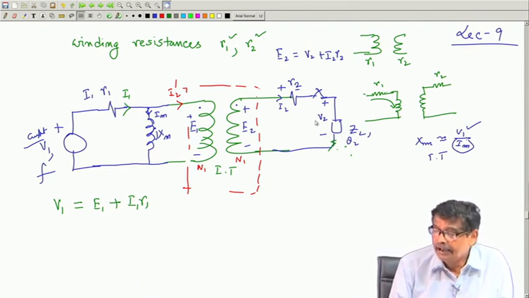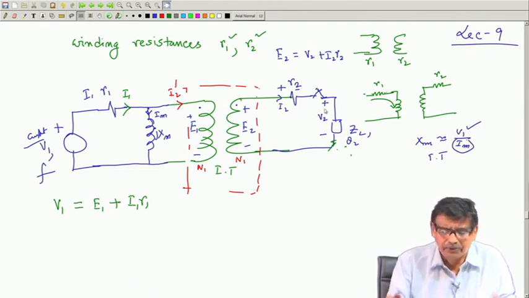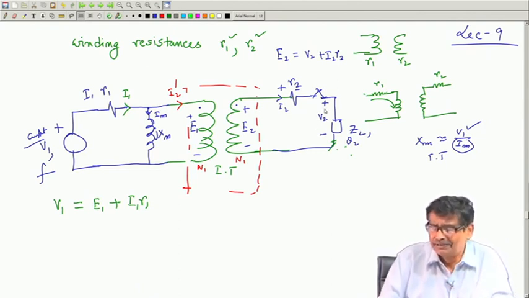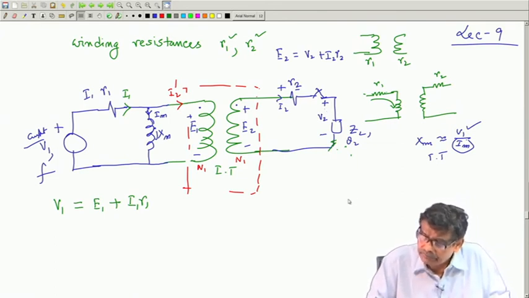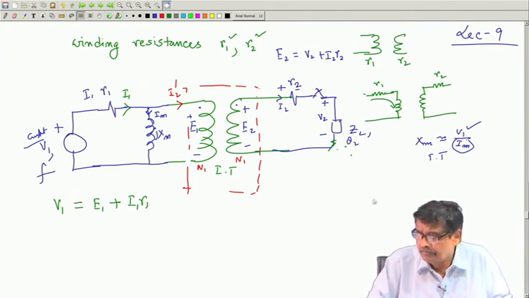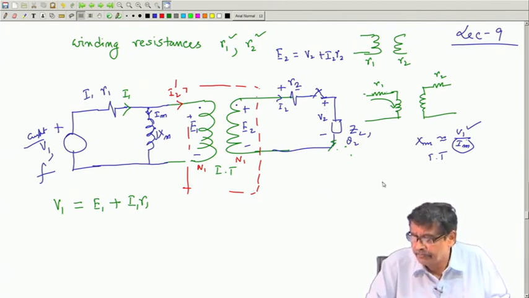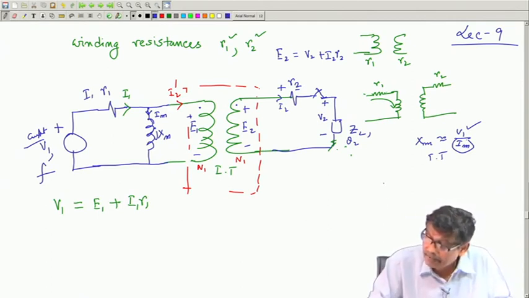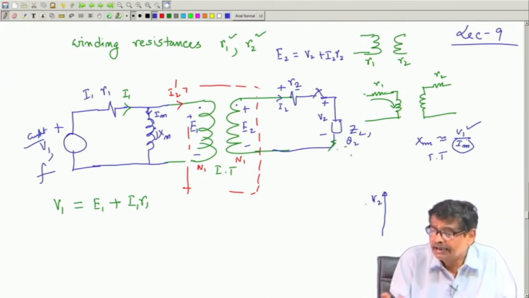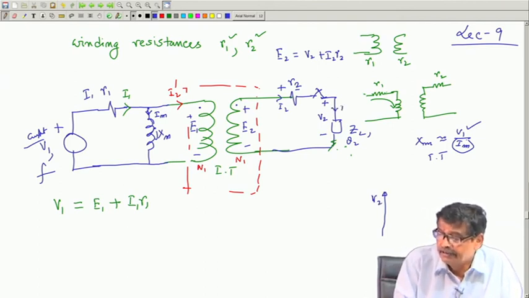You have closed this switch, this circuit is operating, start with V2. Voltage applied across the load is V2. Then no one can contest me, then the current is I2